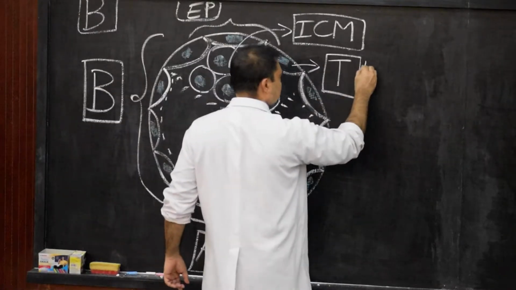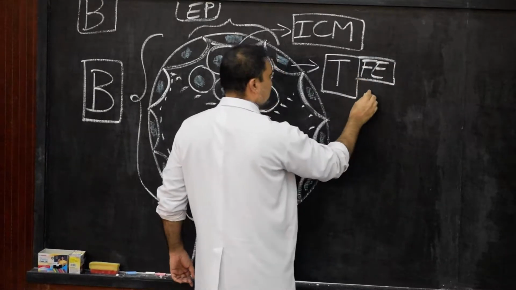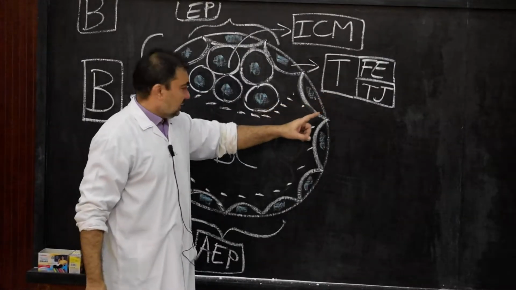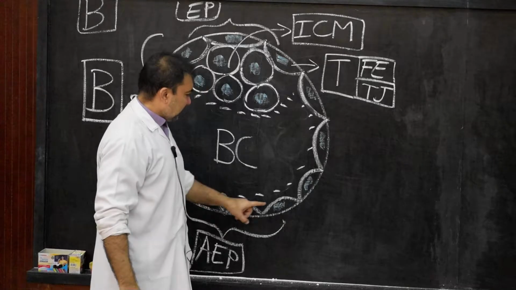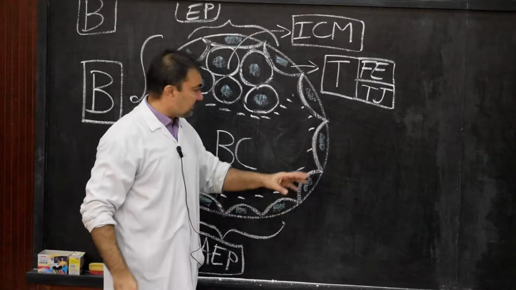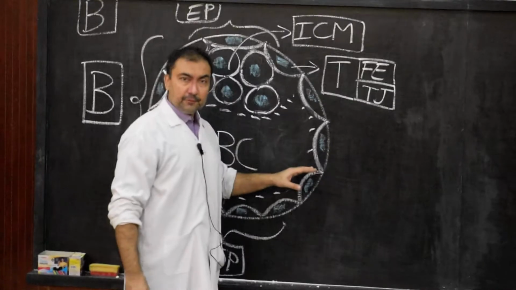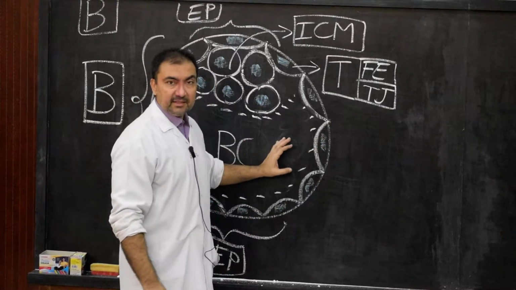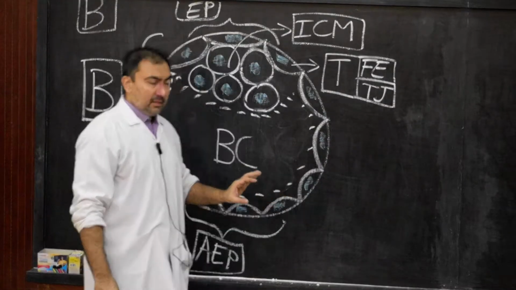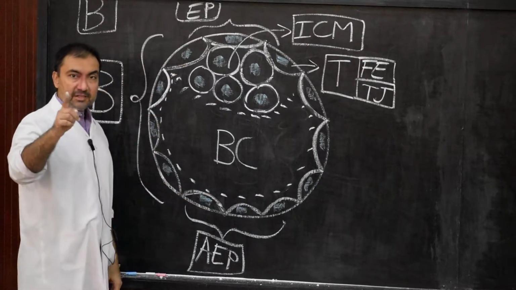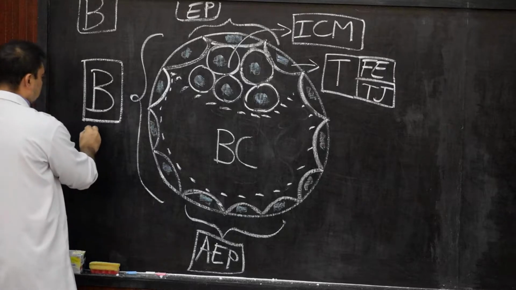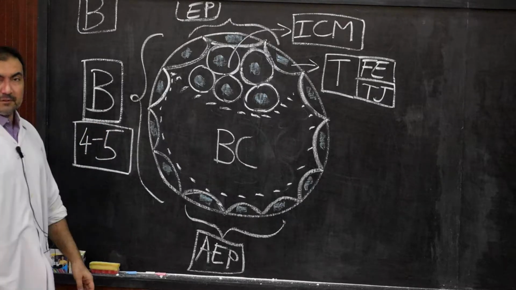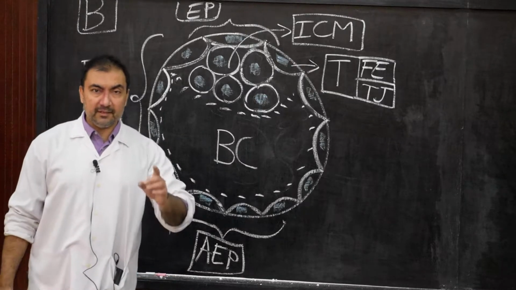Please note down, these trophoblast cells will function as functional epithelium having tight junctions. And moreover, as they function as functional epithelium, they are flat in appearance and have tight junctions, they will allow some amount of tissue fluid, some amount of uterine fluid, to percolate and pass through these junctions inside, into this cavity, the blastocyst. Now this blastocyst stage will be achieved approximately 4 to 5 days after fertilization. Please note down, it will be achieved 4 to 5 days after fertilization.